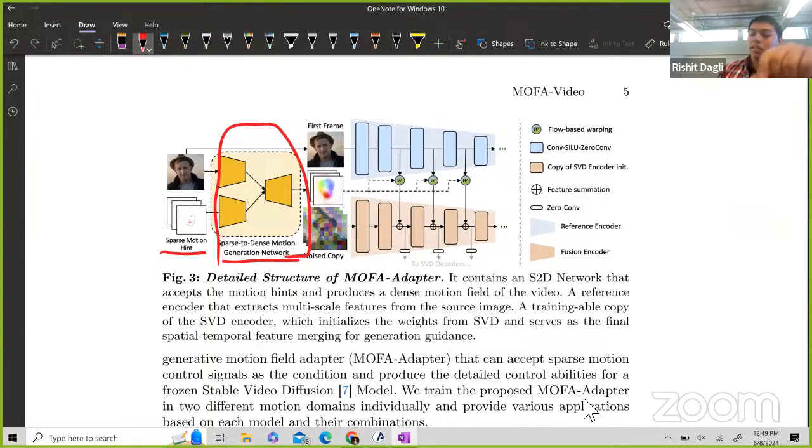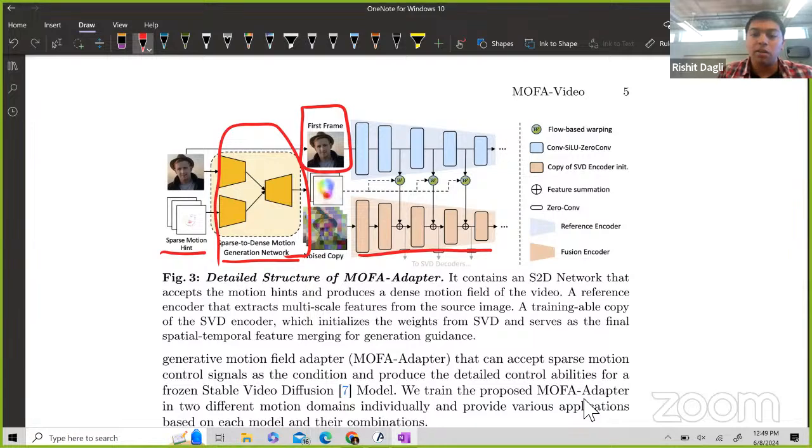when you want this identity preserving stuff where the first frame should stay the same as the frame you give it, because the CLIP embeddings will of course not retain the information. So yeah, they want the first frame to stay the same, and what they do for this is, this is where you have the stable video diffusion. Let's leave this for a moment, because this is a pre-trained stable video diffusion model, nothing new over here. Then what you do is the main part of this is training these fusion encoders,